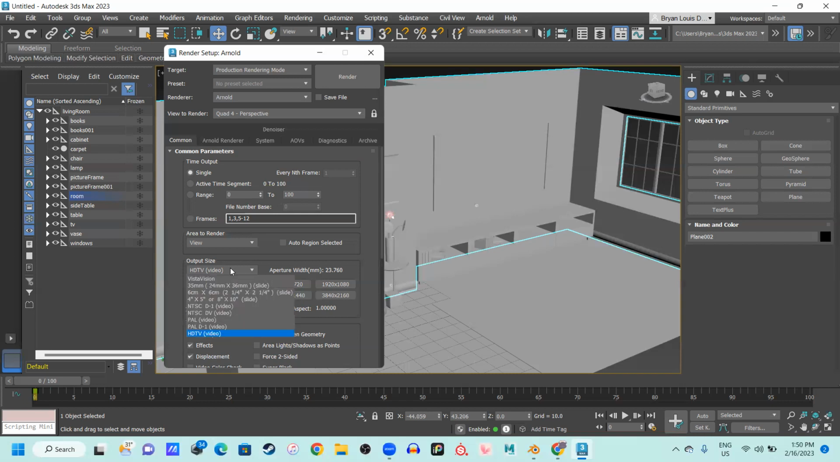Now, by default, it is set to HDTV, the default 1280 by 720. And as you can see here, we can change it to 1920 by 1080 or just 2K or 4K. Now, take note, while yes, these resolutions are nice to look at, because large resolutions mean our render will be clean,